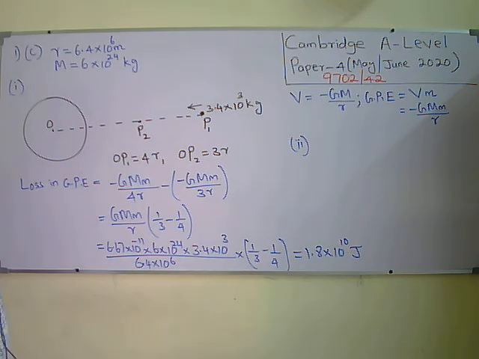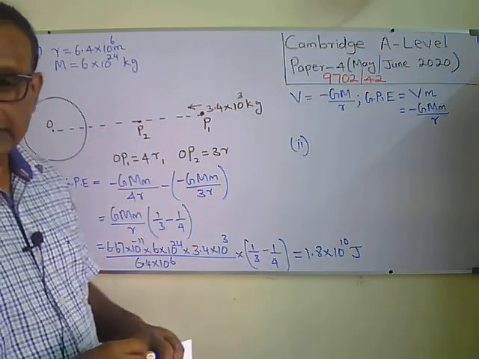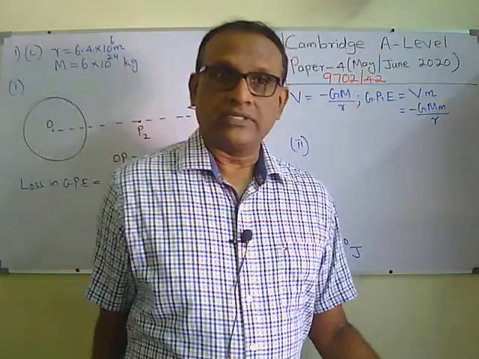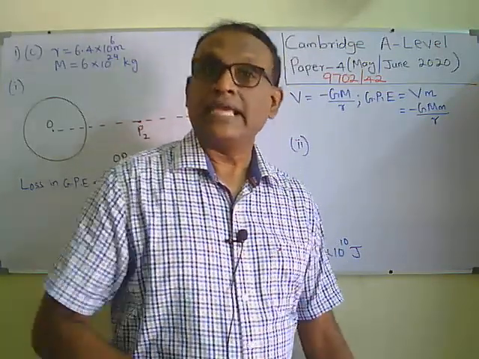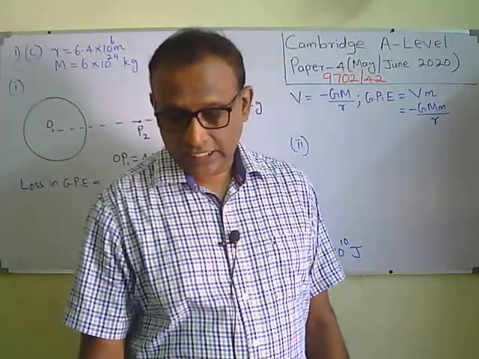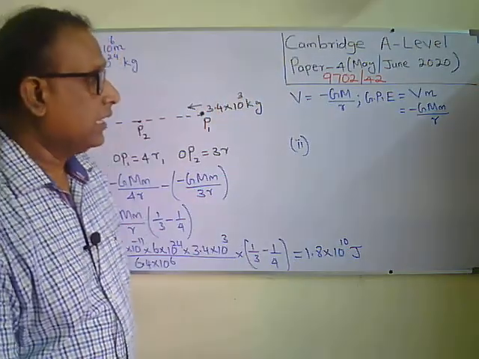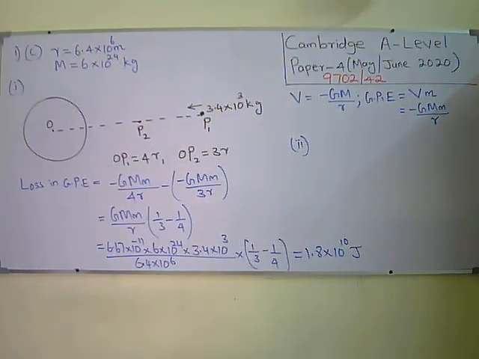So we assume there is no drag force in space. So when it moves towards the planet, it's losing the gravitational potential energy. So according to the law of conservation of energy, loss in gravitational potential energy will become gain in kinetic energy. So its speed will increase. The answer: the speed will increase because the loss in GPE will become gain in kinetic energy.